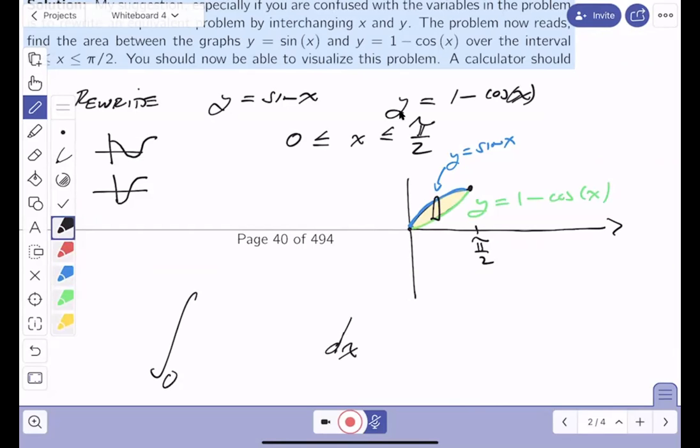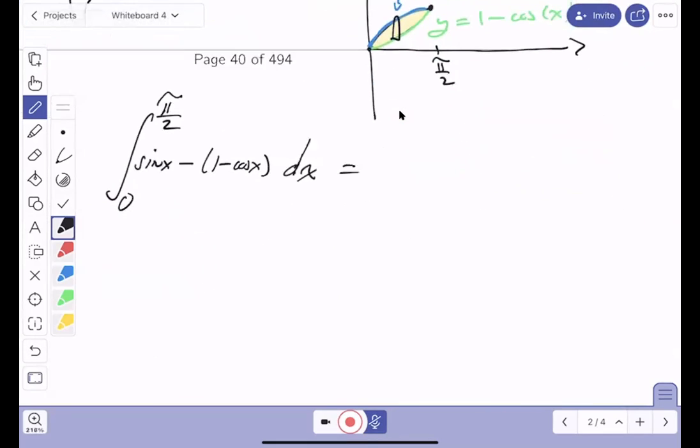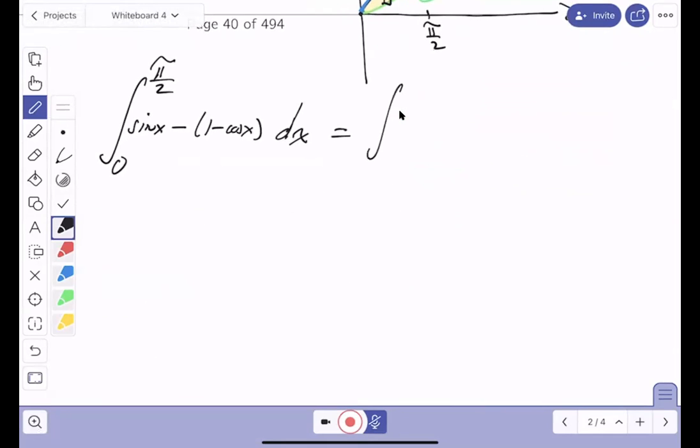I'm going to go from 0 to pi over 2. And what do you get over here? Upper curve, which is sine of x, minus the lower curve, which is 1 minus cosine of x. Again, I'll talk about grading of it later. Let me keep moving forward. It's going to be the integral from 0 to pi over 2 of sine x minus 1 plus cosine x dx, equals, well, I'm going to say the antiderivative of sine would be minus cosine